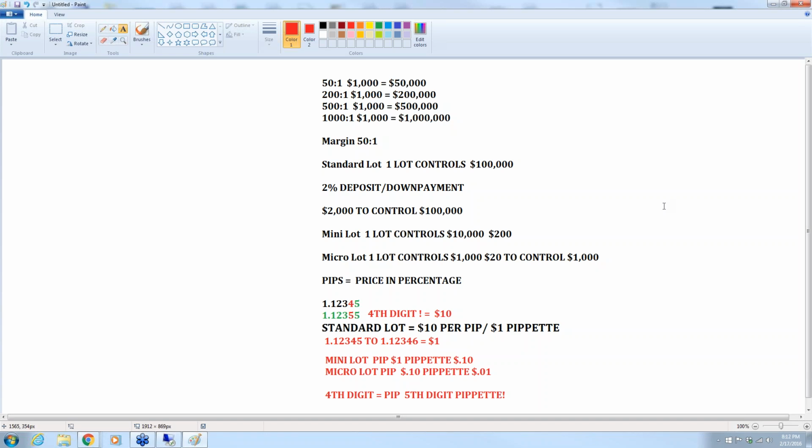I'm not going to get into that tonight. What's the bid and ask? What are the lot sizes? And setting up Metatrader 4. Quite honestly, I think going into setting up,